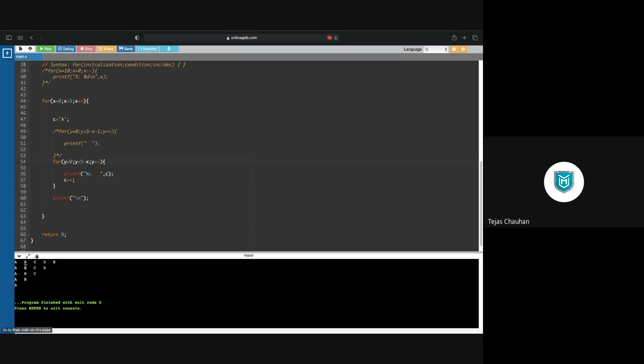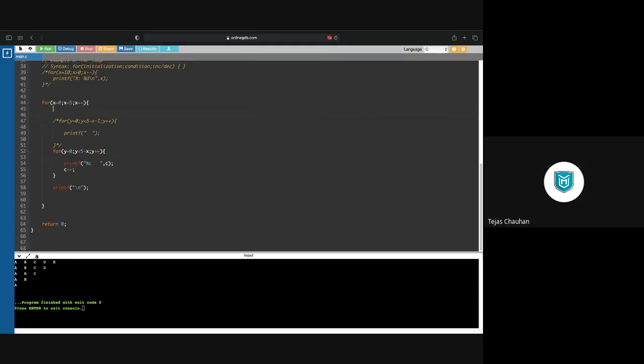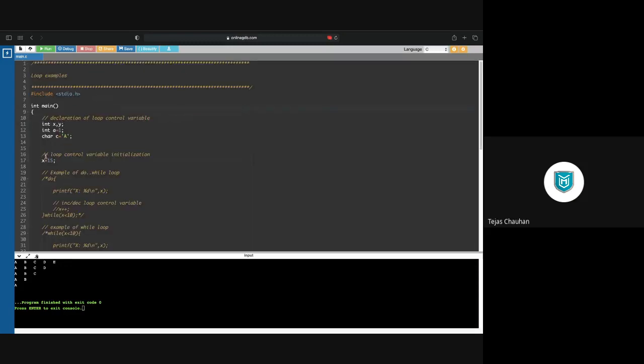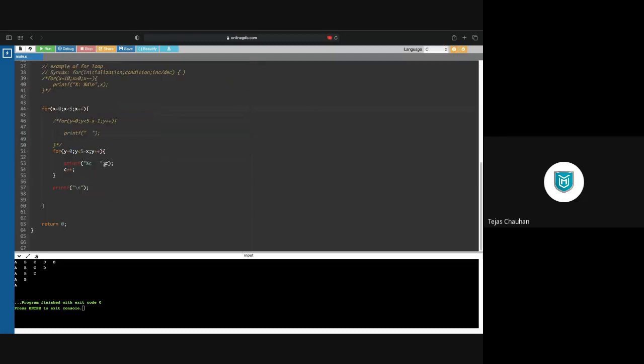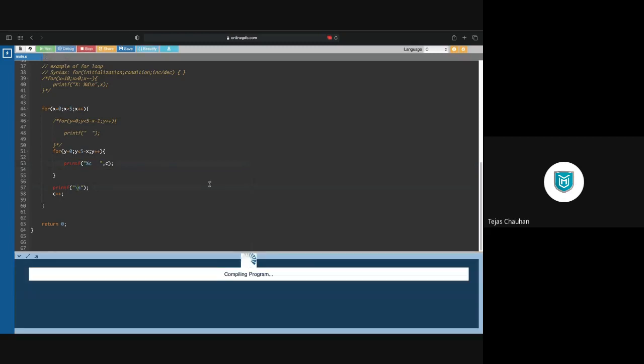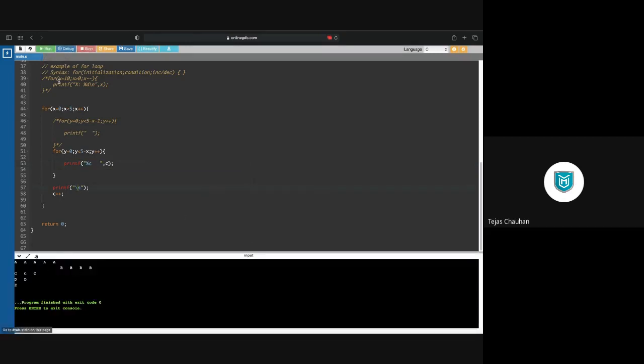Now here we have gone for column ABCD. If you want row ABCD, very simple. Do not initialize it here. What you can do is initialize your character A at the initial step. Then you print your A, and once you are done with a line, when you create a new line, at that place you make it plus plus. So first it will print A, then plus plus. So next time it will print B, and so on. So now if I run this code, we will have the required output.